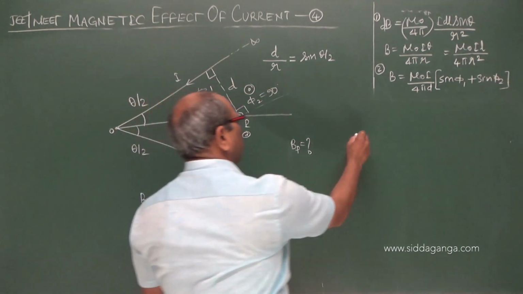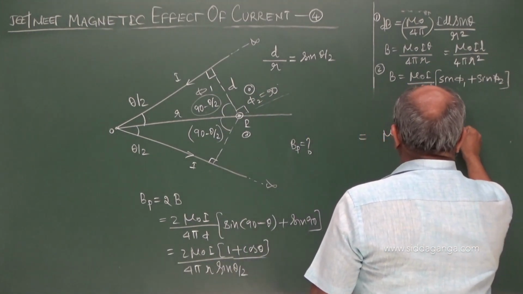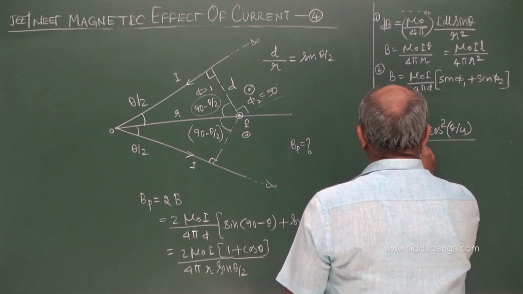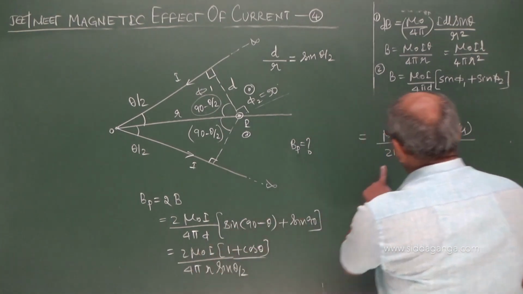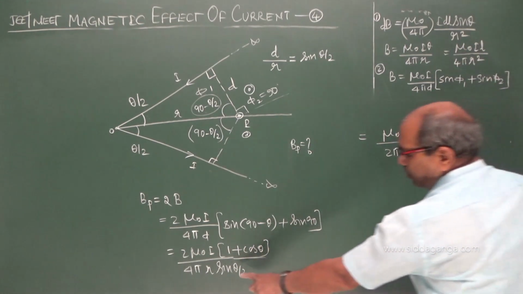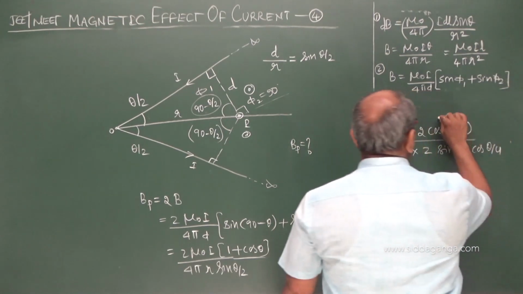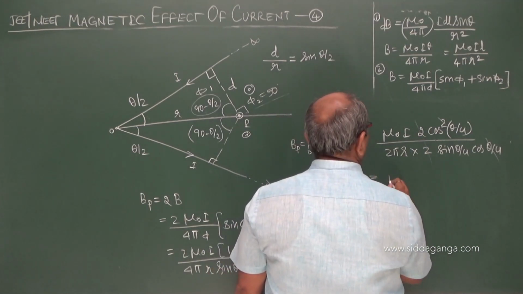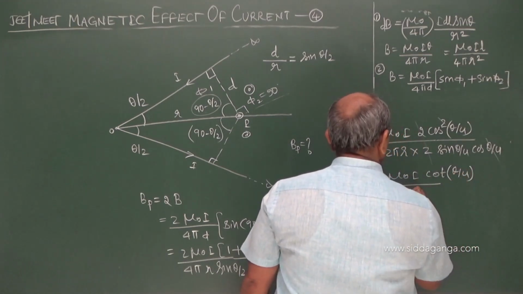If I divide this, mu naught I, 2 cos square theta by 4, 1 plus cos theta, the 2 cancels here, 2 pi r into 2 sin theta by 2. Also this is split. 1 plus cos theta can be written as 2 cos square theta by 4, and sin theta by 2 can be written as 2 sin theta by 4 cos theta by 4, in that also 1 cancels and 2 cancels. Finally the magnetic field at the center is given by mu naught I cot theta by 4 divided by 2 pi r,